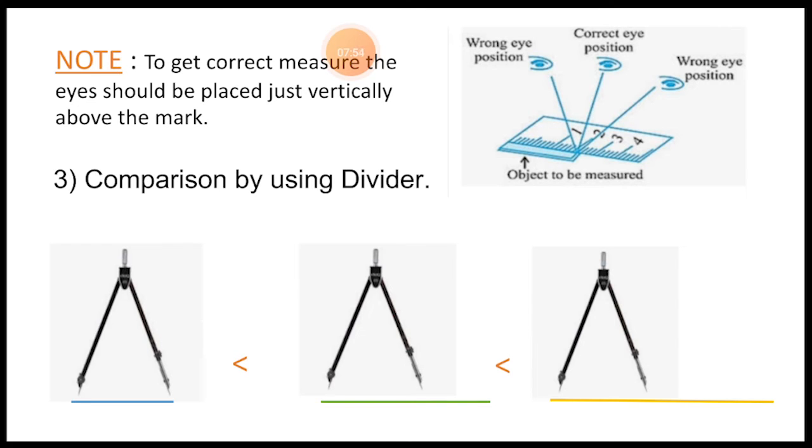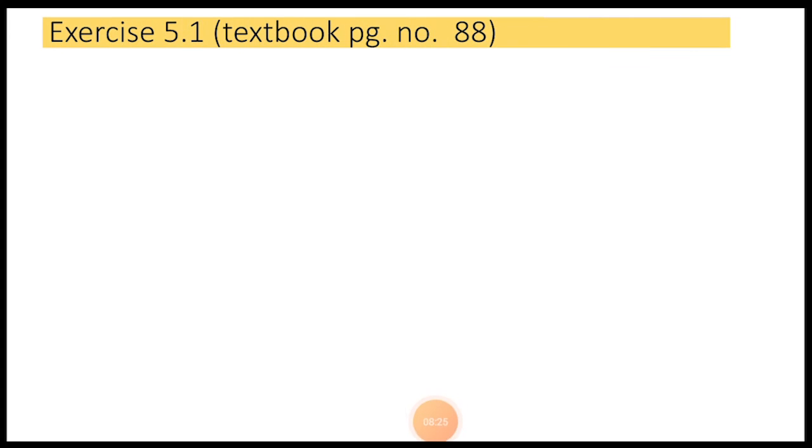Now here also, if we want to get the accurate or precise reading for any line segment or for any given length, what we can do is place the ruler just below the opening end of this divider, so that we can tell its measurement in a correct way as well as with an accurate reading. Fine. So let's come to the exercise question now, which is given in the textbook page number 88, from exercise 8.5.